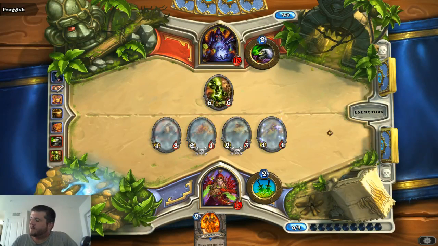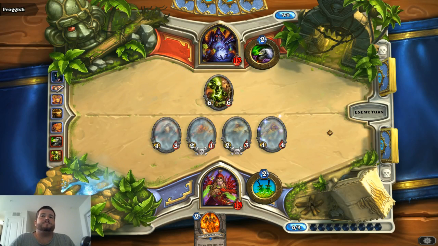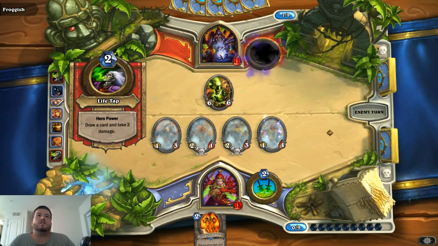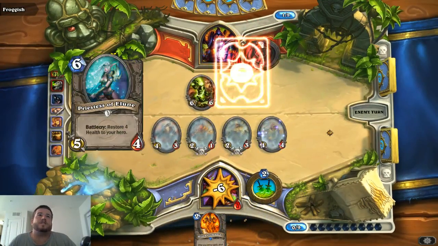Did I not attack with him the second time after I bounced him? Yeah, you're right. Shit. We have 12 points of damage, so if he doesn't get a taunt minion or clear something, I can create a weapon and kill him next turn. So... Yeah, so he doesn't have anything to deal with me because he, hopefully...